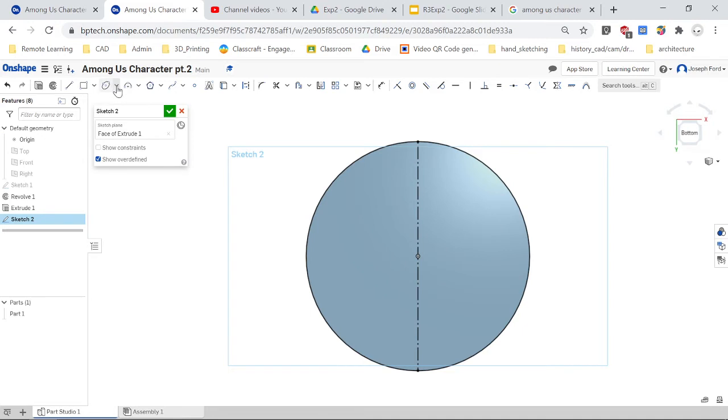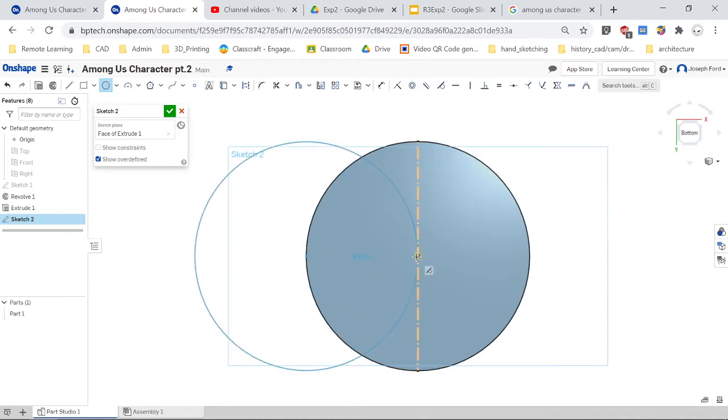So go over here to circle, center point circle, and I'm going to experiment with this a little bit. I'm going to bring it over here a little bit, and I'm not going to go all the way. The center is going to be on this quadrant of the circle, and you get to that by going to the origin and then just moving over, and then that dotted line will come out, and you'll see it snap onto the outside quadrant. Click on that,